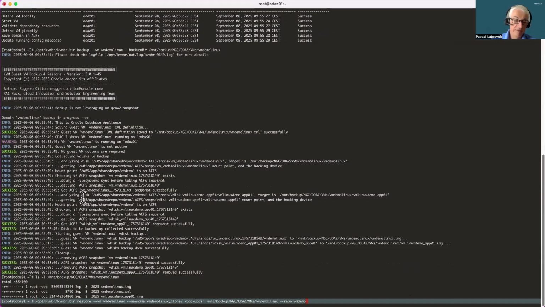If I run the same utility on the same ODA, I can restore my VM, or I can also create a new VM using the backup that I've just created. So here I'm running the KVMBR utility with the restore command, and I specify a new name for the VM for the restore of the backup.